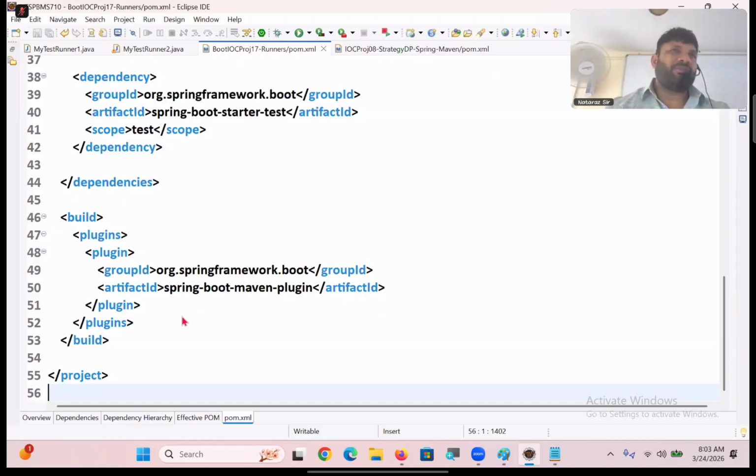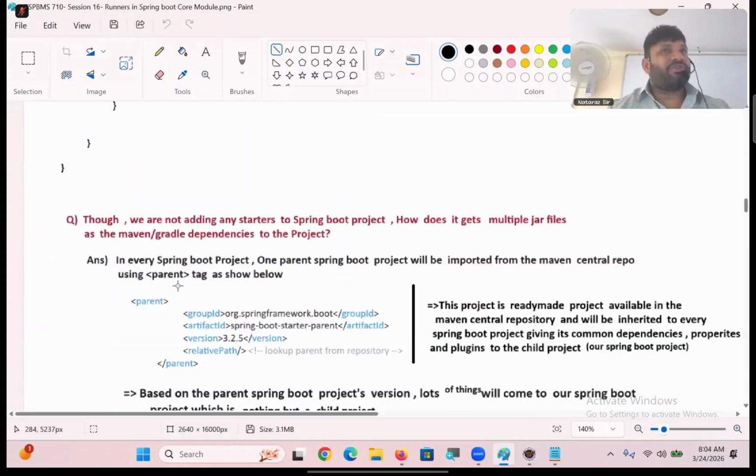Properties will be decided. Based on the parent version, these jars, everything will be decided. That's the reason, though we are not adding multiple jars or any starters, still our project is full of jars. So in every Spring Boot project, one parent Spring Boot project will be imported from